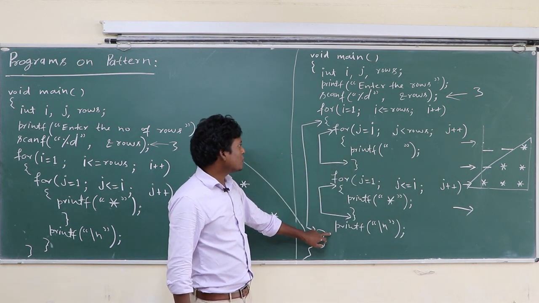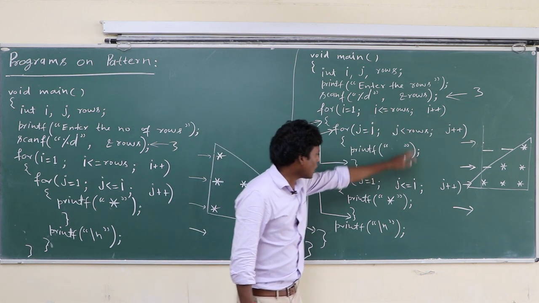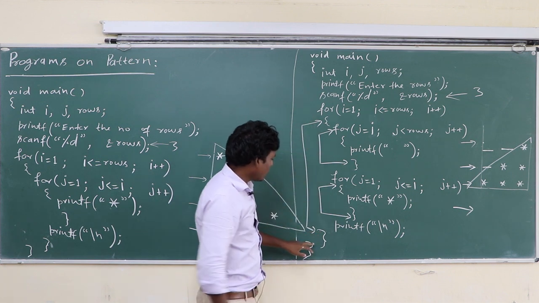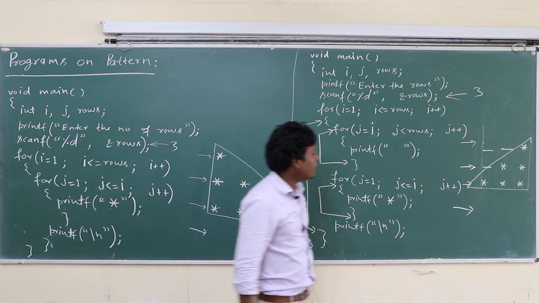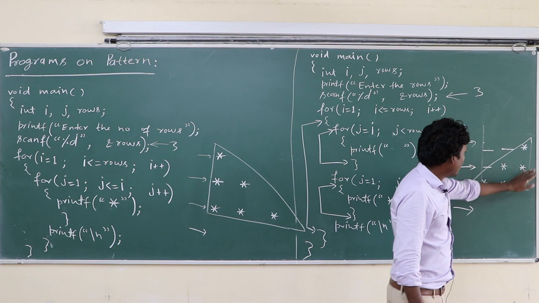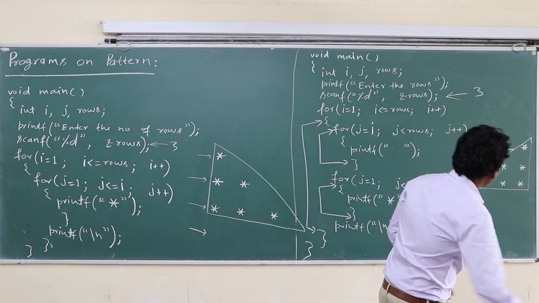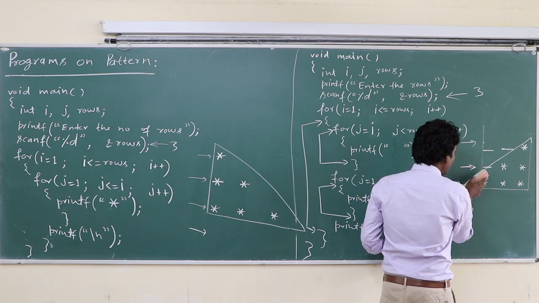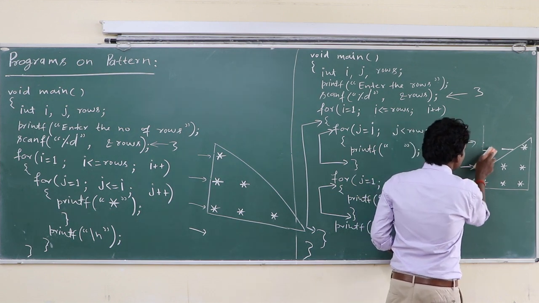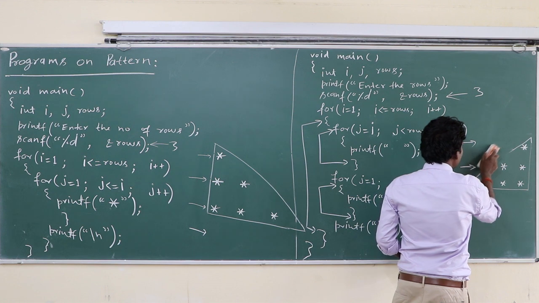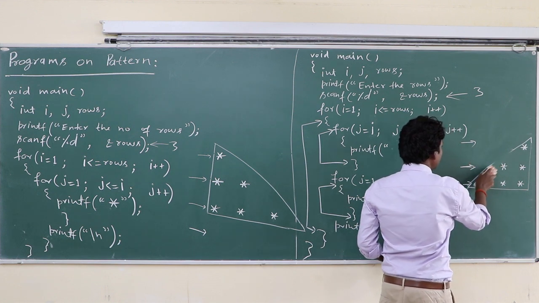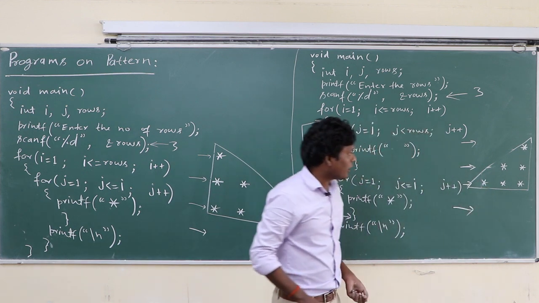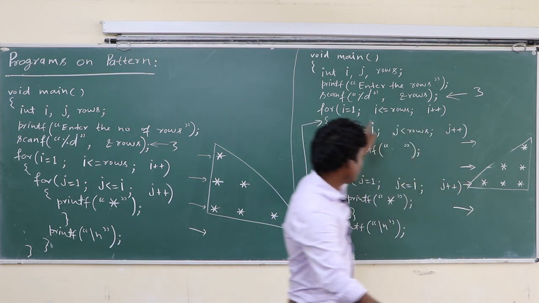Now here i becomes 4, which is less than 3, no. Control exits from this whole outer loop and comes to here, and the main program terminates. You will get this triangle, a mini space triangle and also this triangle, but the mini space triangle does not reflect on the output screen. So you will get only this larger triangle, the triangle of asterisks or stars. So this pattern will be printed here.